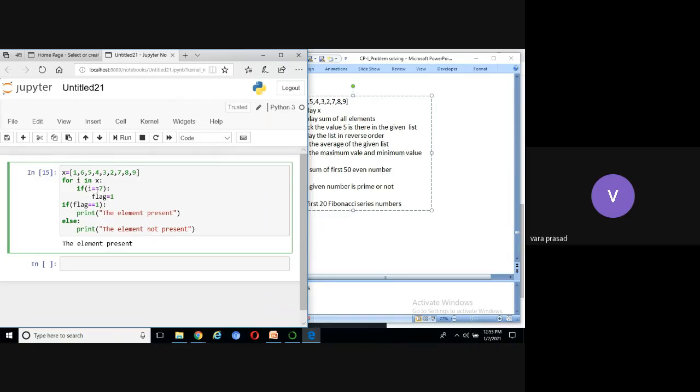I told 3 methods to display the contents of X. We can display directly by using print. We can use directly the list name, or we can use the range function. How to display the contents of the list in the reverse order? The output is 9, 8, 7, 2, 3, 4, 5, 6, 1. Display everything in one line. What we have to do now?